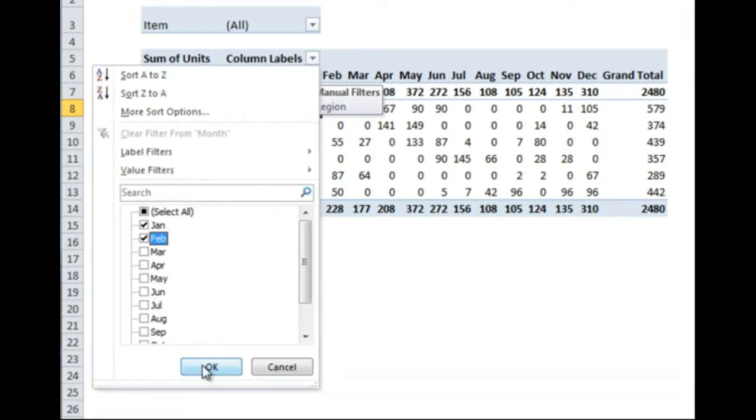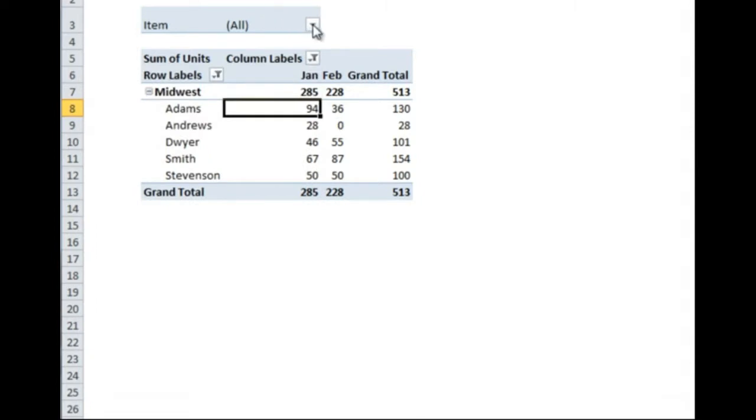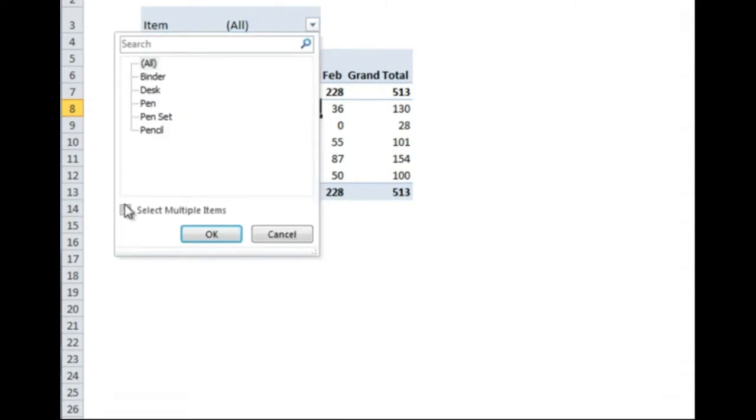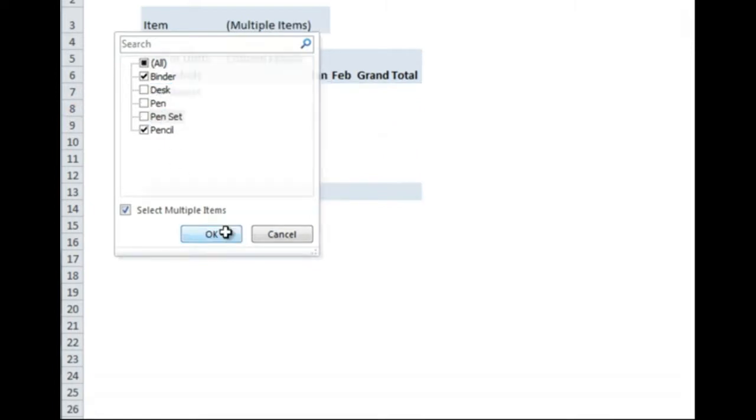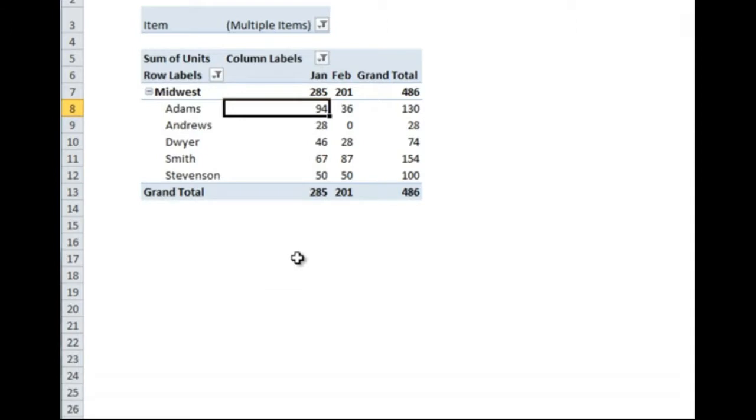January and February sales, and let's do multiple items and keep binder and pencil and hit OK. Now you're filtering